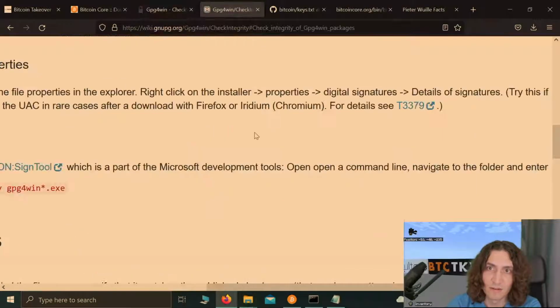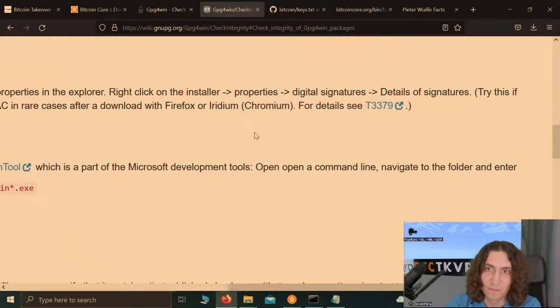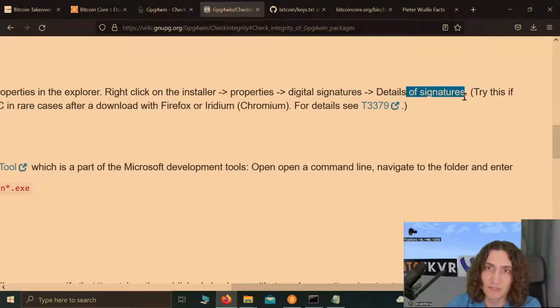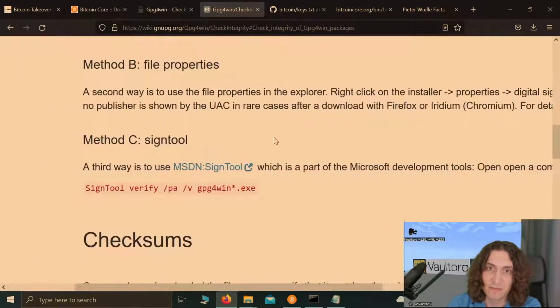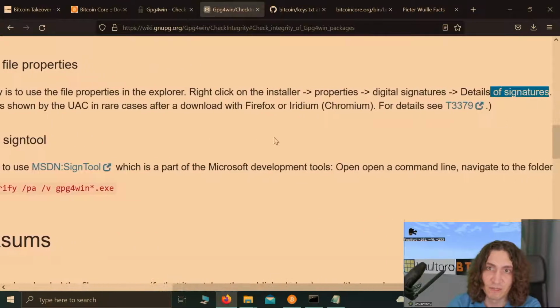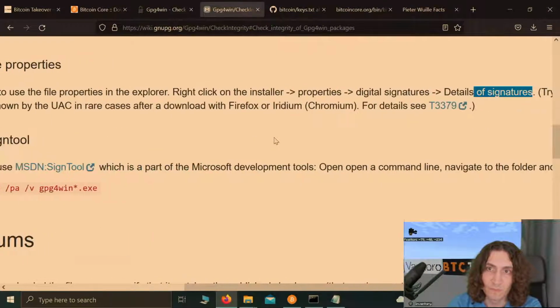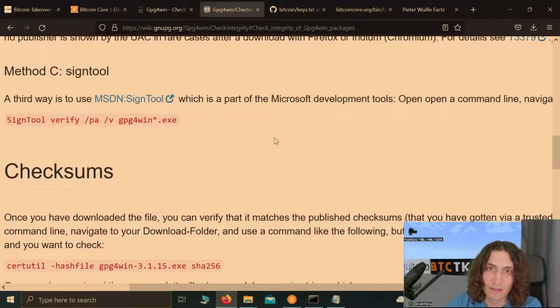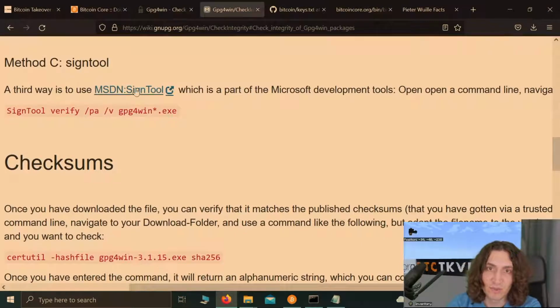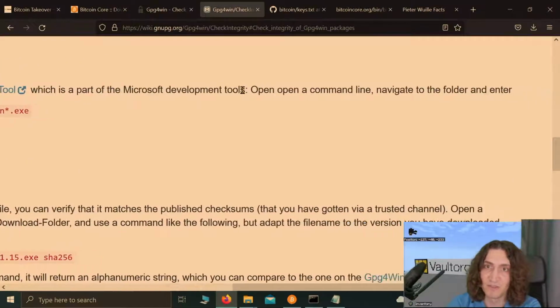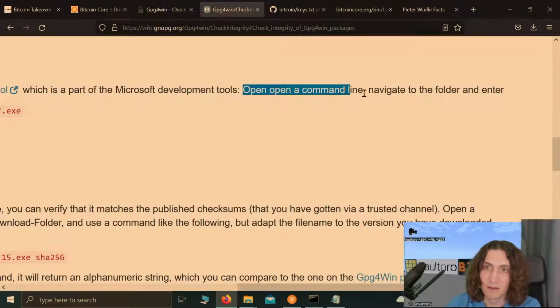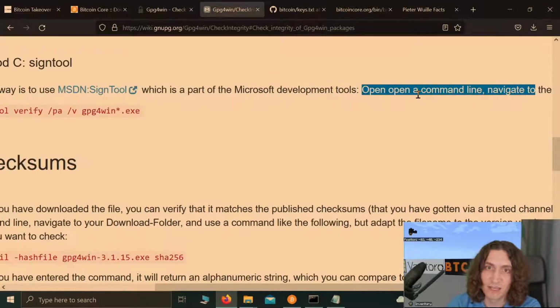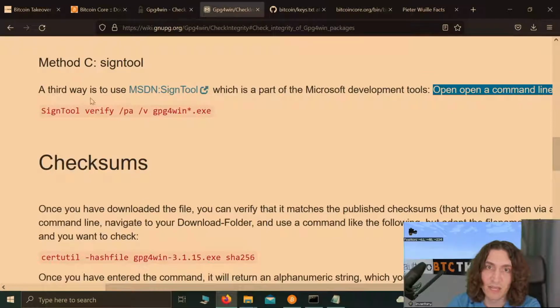Let's go back here. So I did go to details of signatures. Try this if no publisher is shown, blah, blah, blah. And the other option is to go to MSDN sign tool, which is part of the Microsoft Development Tools. Open a command line, navigate to the folder and enter this. I haven't installed MSDN,